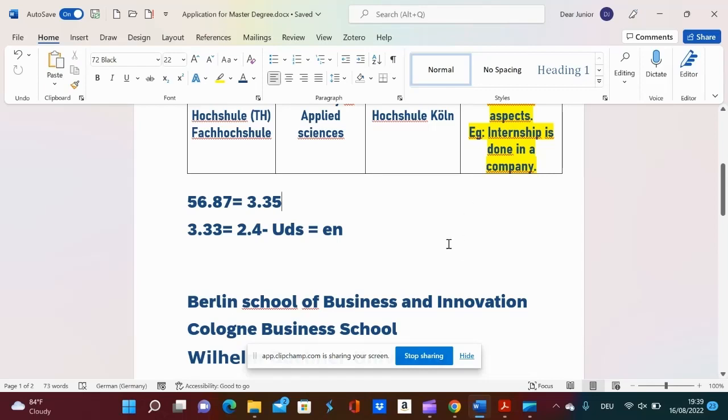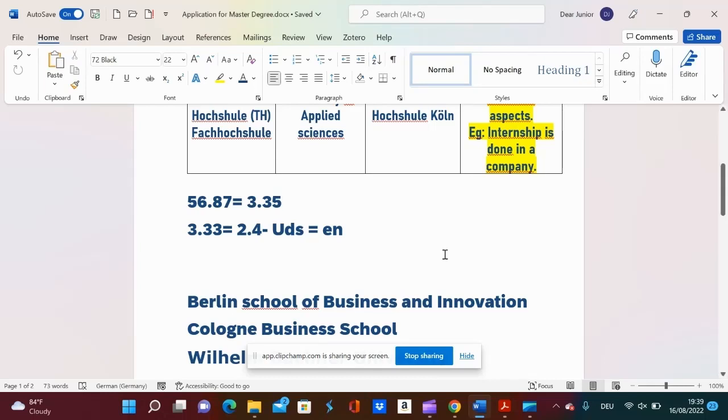Since you are applying directly to the school, there is no harm in trying, because when you apply to the school, you do not pay any amount of money. So I encourage that no matter your grade, if it says that you should apply to the school directly, please do so, because you are not paying anything.